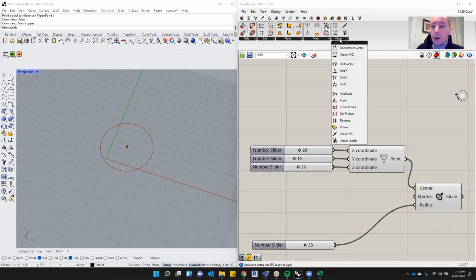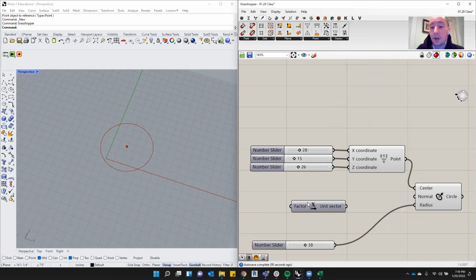So I'll choose a vector. I'm going to choose an X vector, right? So X is this red line. Yes, X is that line right there. So if I plug this